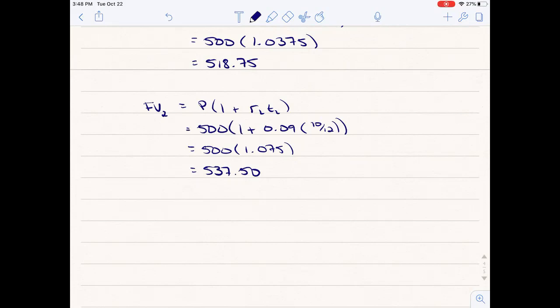Okay, right. So the original agreement said, in 5 months, I'm going to pay you back $518.75. And then in 10 months, I'm going to pay you back $537.50. And then we're even, right? But then she's saying, let's rejig that, right? And so now we can calculate